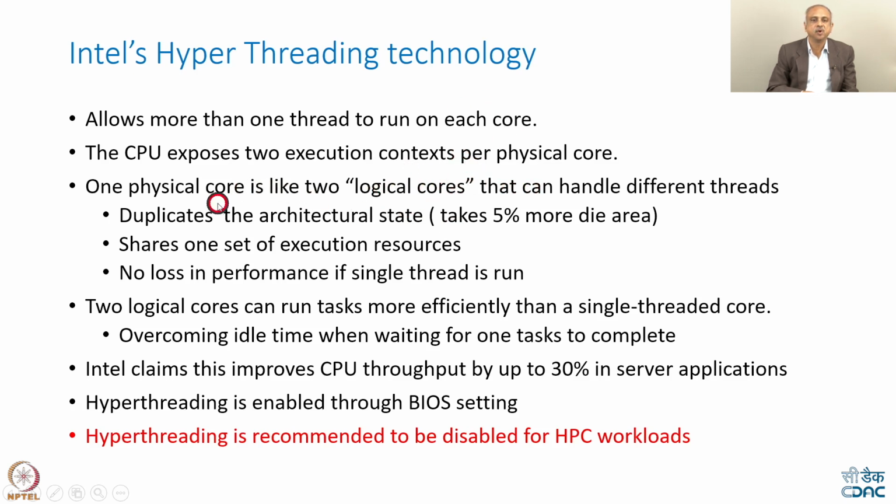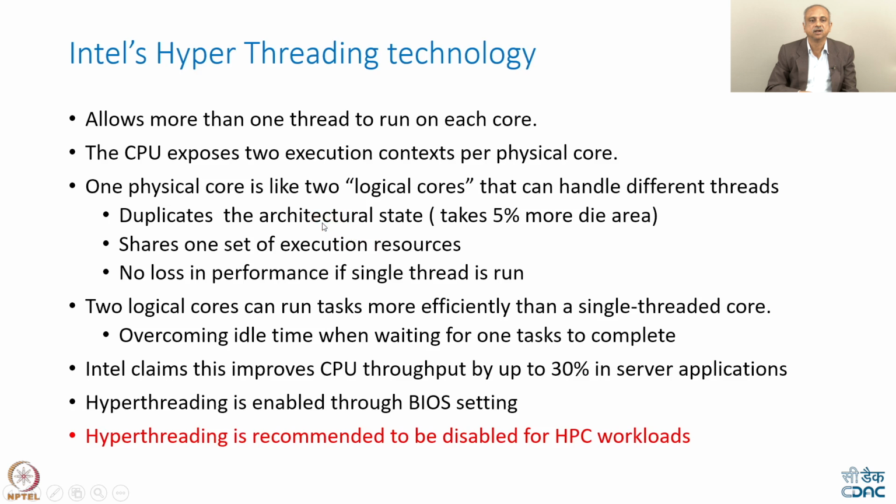It duplicates certain portions of the CPU, certain portions of the core. So, it is going to take more area on the die, but because of which it allows sharing of one set of execution resources. That means there is a core which has execution resources which are shared between the 2 threads, which are called parts of a hyper-threaded architecture,